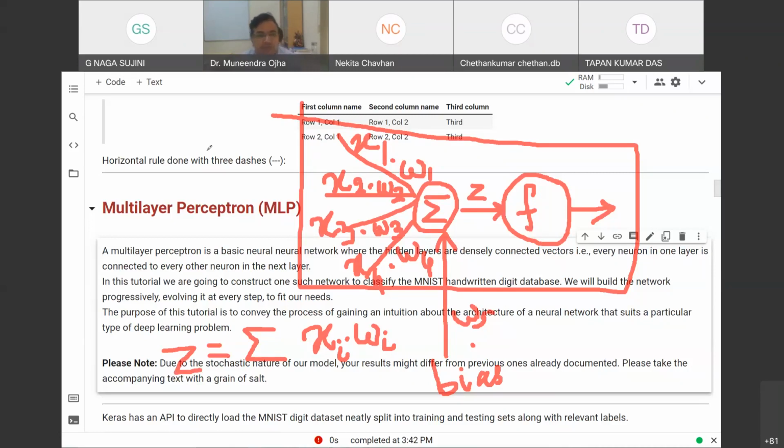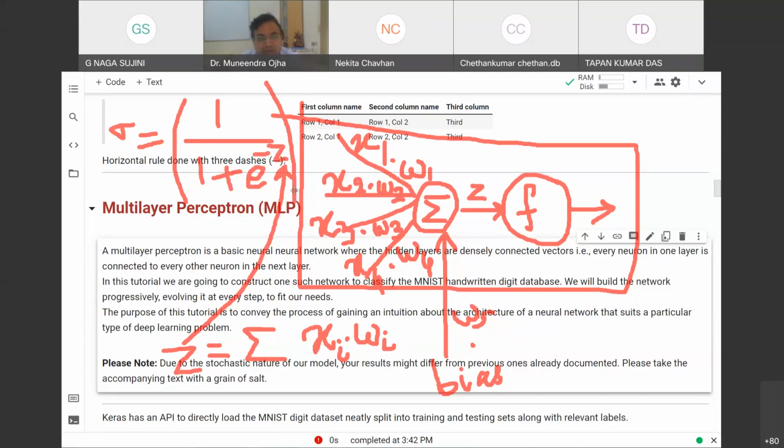Sigmoid activation function has this expression: sigma equals 1 upon 1 plus e to the power minus z. Okay, and you see this z is actually the same z that I have just calculated. This is the weighted sum. Z is the weighted sum that I have obtained over here. This z is passed on to this function, which is an activation function called the sigmoid activation function.